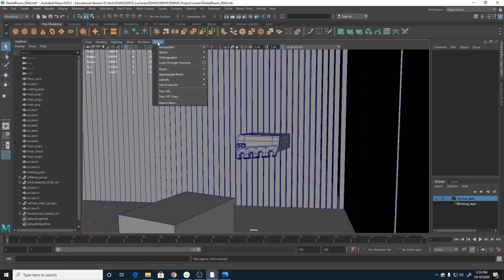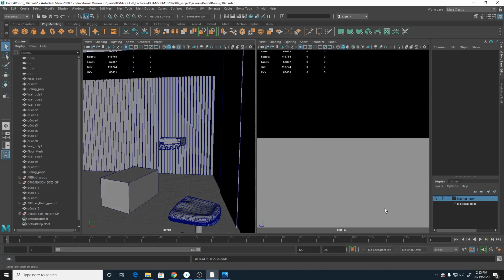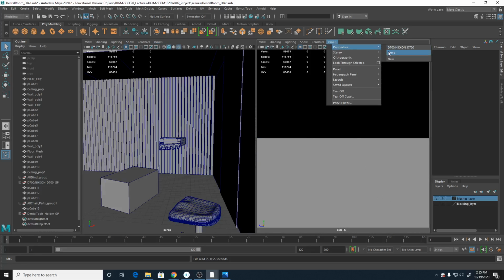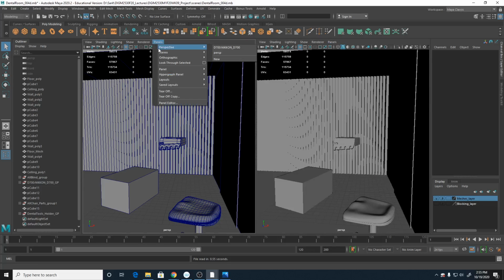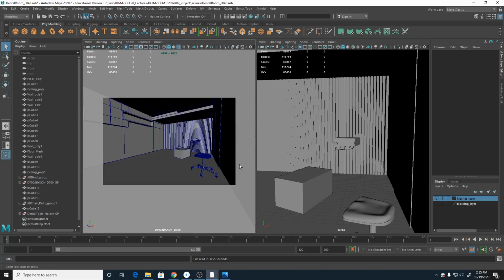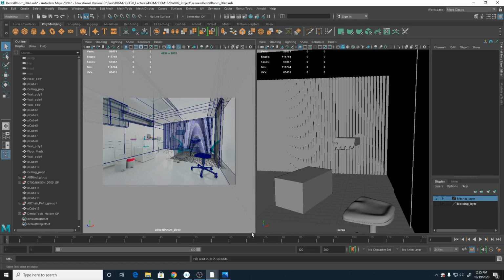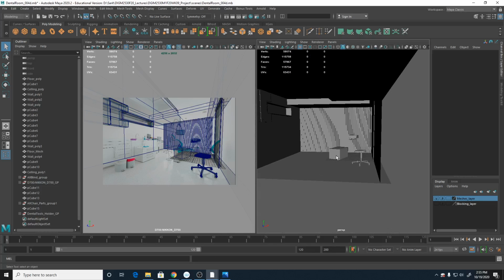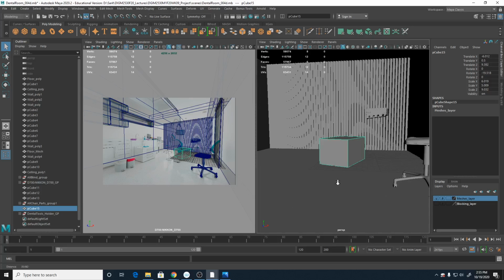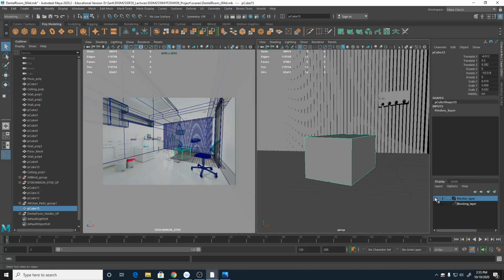So I'm gonna choose panel, save layout, or just layout, two planes side by side. I'm gonna go with perspective on the right, on the left we'll go to the Nikon image. And let me turn on transparency so that I can see. So I already blocked something out a little bit. Okay, so I just want to see